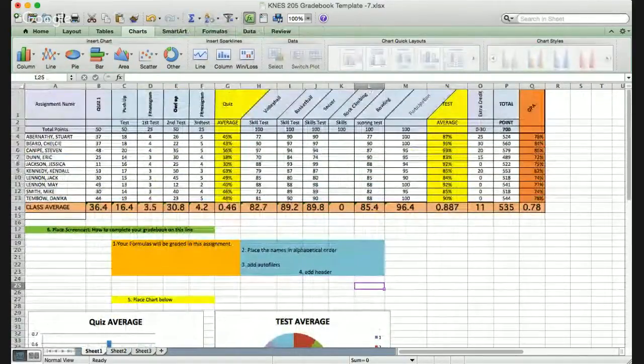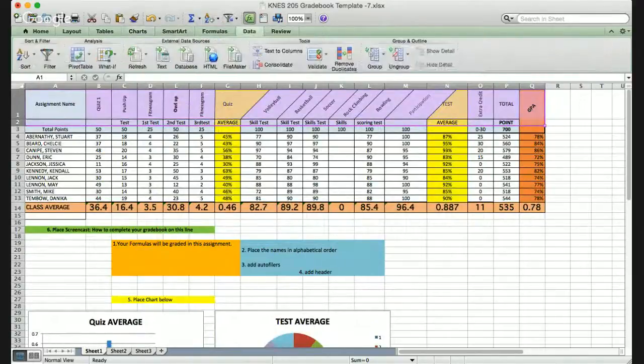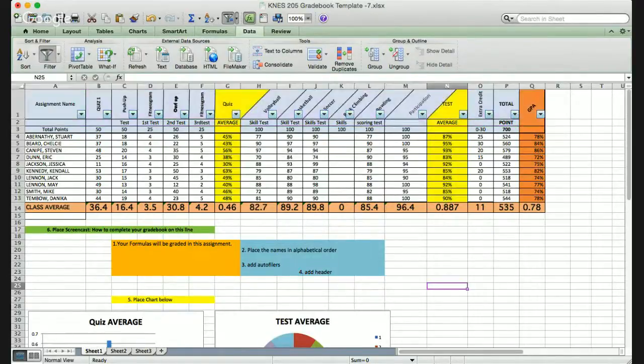Now, to edit the chart, we can just highlight this, and let's add an auto filter. So you can go to data again, and this filter you just press it, and then the arrows will come down on the Excel spreadsheet. So once you have that, we can now add a